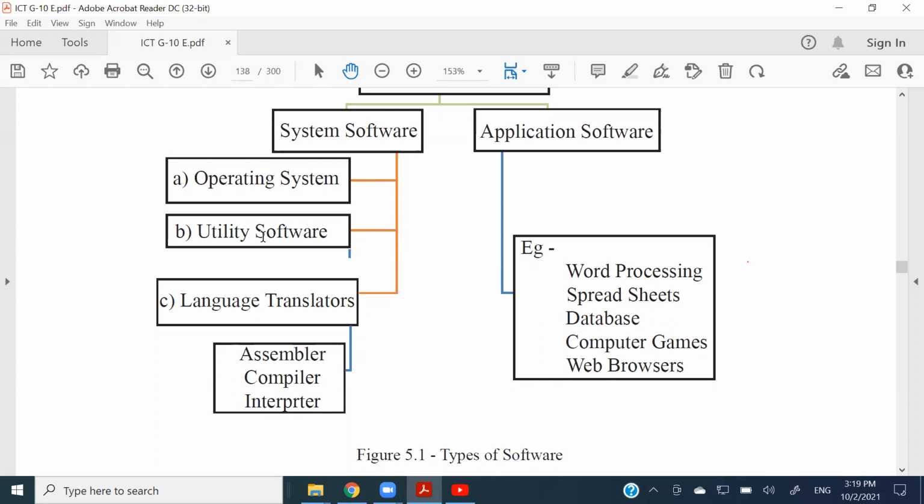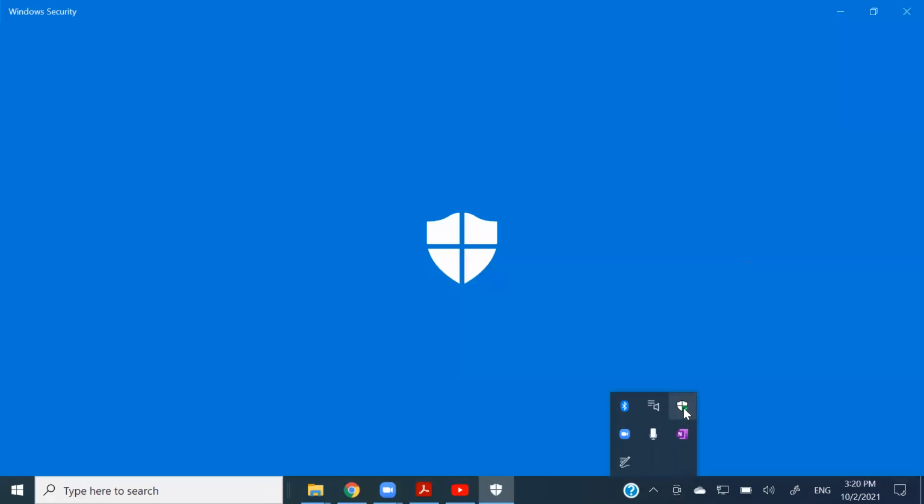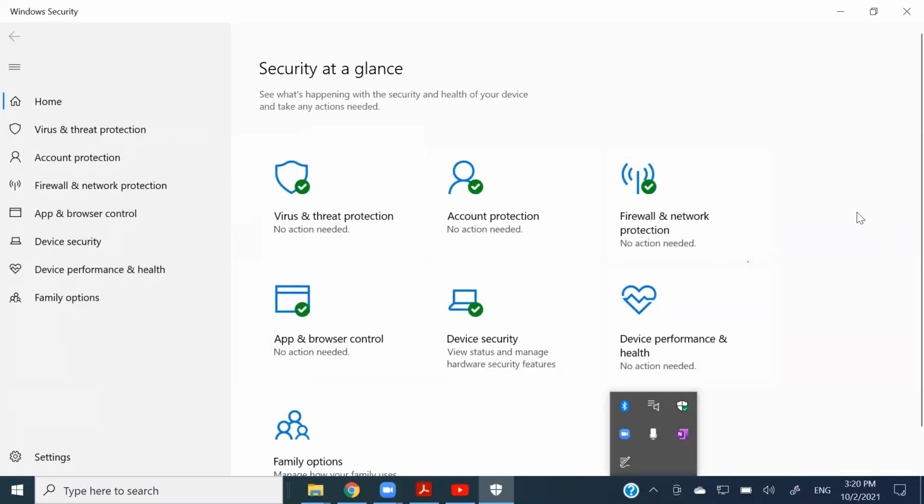So we are not telling the antivirus software or the virus guard to open like Word and to be operated in our operating system. When the operating system is being booted, your antivirus software is up and running. The antivirus I'm using is Windows Security, or the Windows Defender. So it is up and running without my knowledge, doing its work. That is what utility software is.